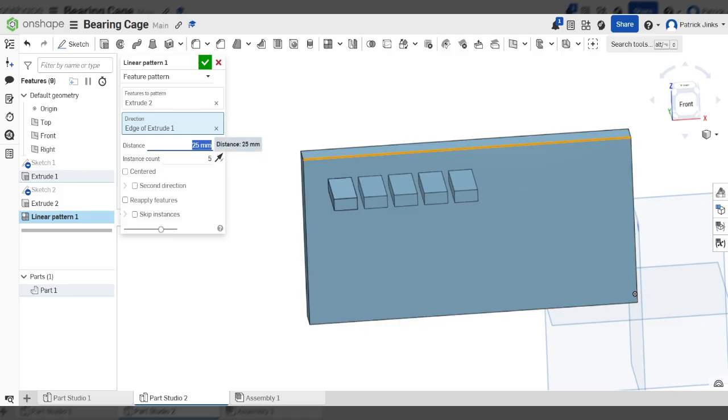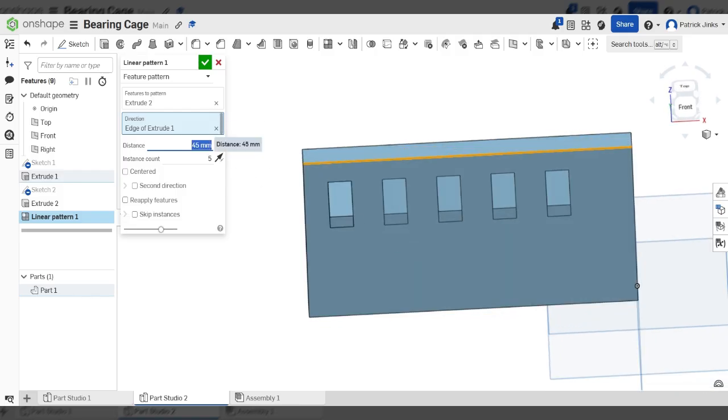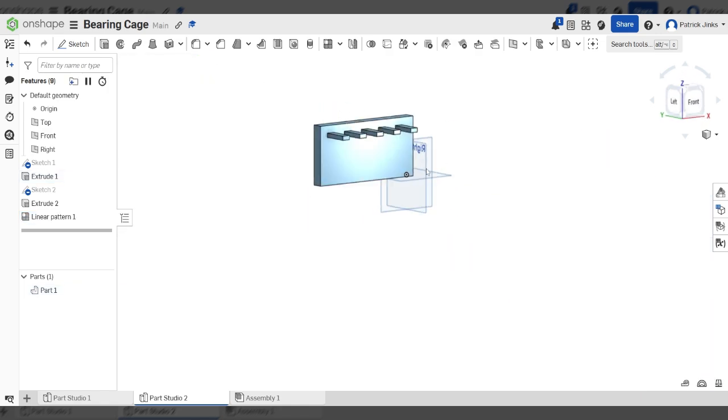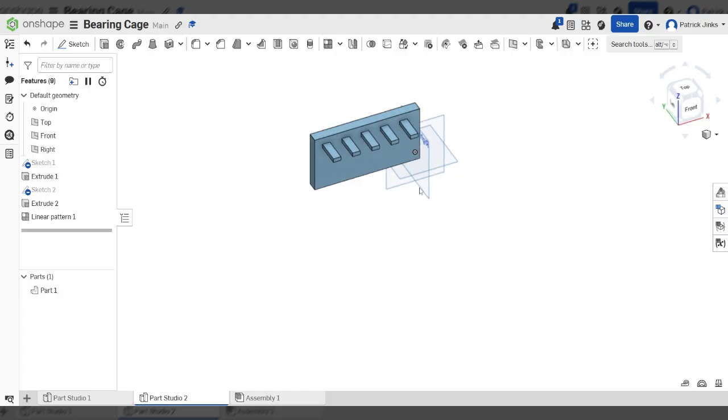I don't at the minute. I'm going to set that to 45. It's a bit better. Say 55. Call it 50. There we go. And when you're done, you click the tick, and I've patterned a feature or repeated a pattern in a single